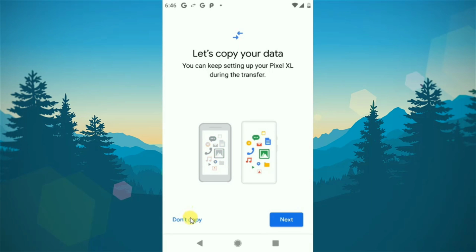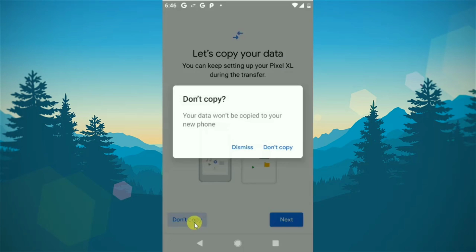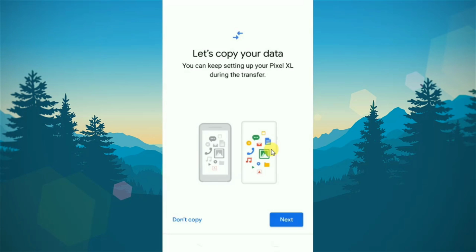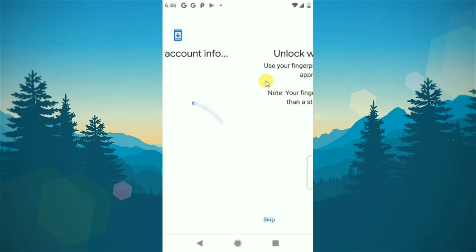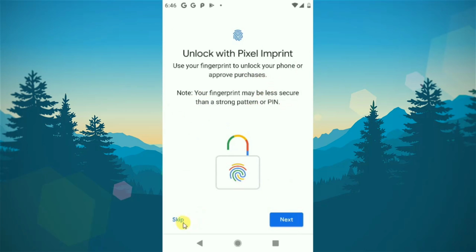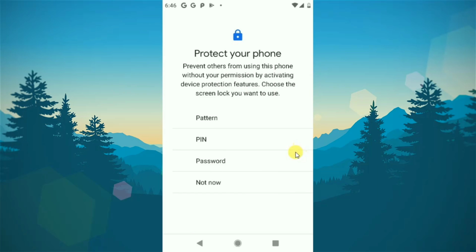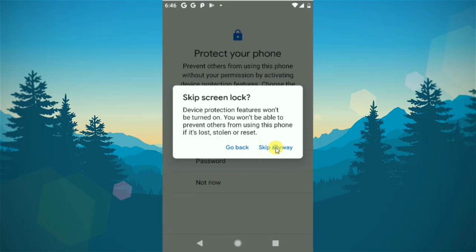And if you have another phone, you can copy. If you don't have any other phone, just click on don't copy. I don't want to use fingerprint. I don't want to set any lock on my phone.